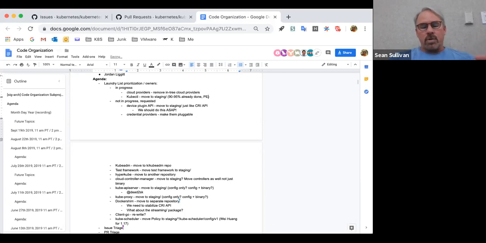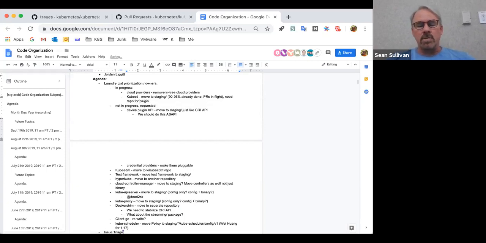So for kubectl convert, which is now deprecated, my strategy to get that out is to first create it as a plugin. It's not clear which repo this plugin will live in, but once that plugin exists, then I'll feel more comfortable removing that code from kubectl. We announced the deprecation back in 1.13 a year ago, so we are now able to remove kubectl convert, and then the final